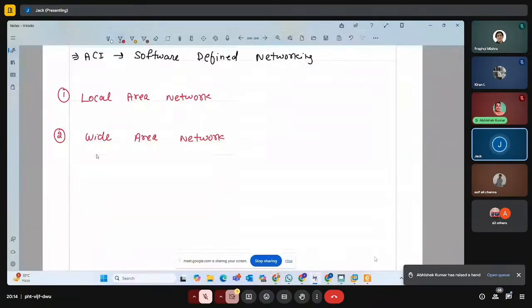Thank you. Wide area network. And then we have the data center network. So as its name suggests,